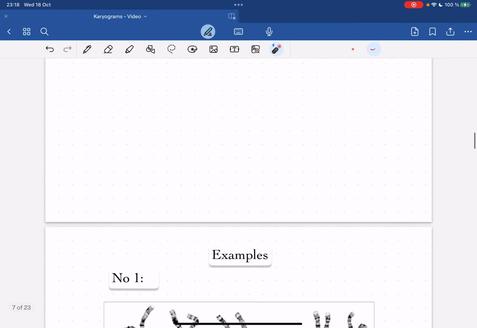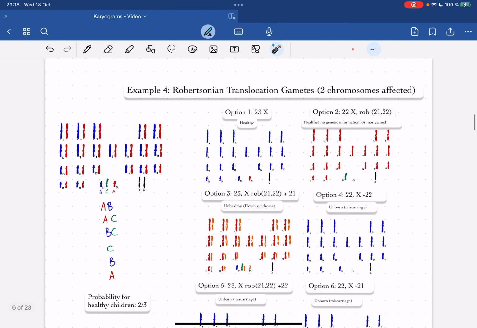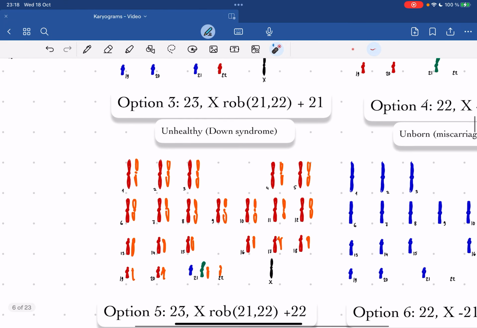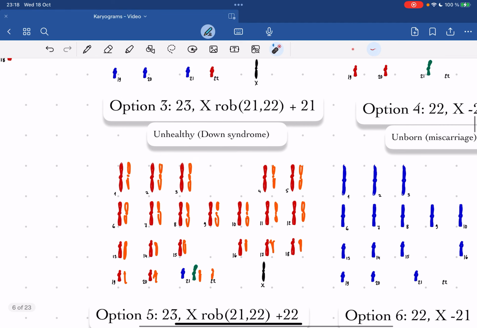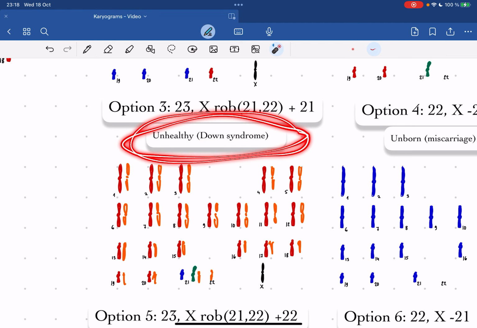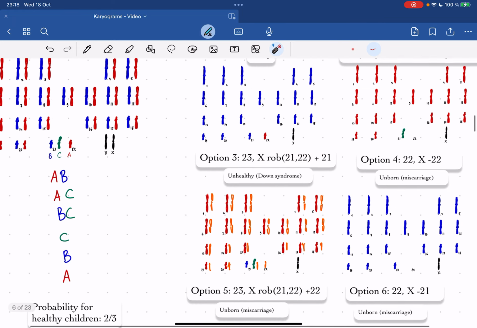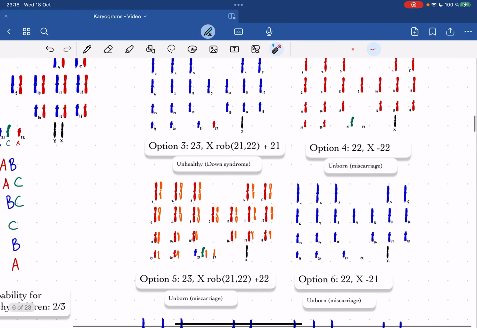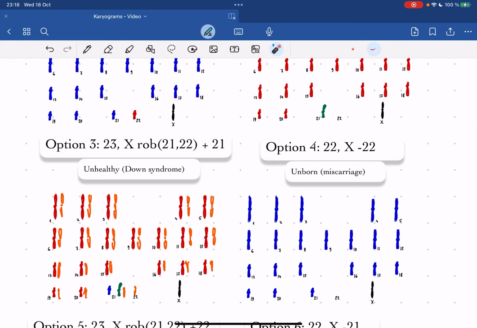So if we look down here again, that's an example. This would be a trisomy because it's plus, we're gaining something, plus 21, and therefore it will be Down syndrome. It will be born, but it will be unhealthy. So that's option 3. Option 4 is,